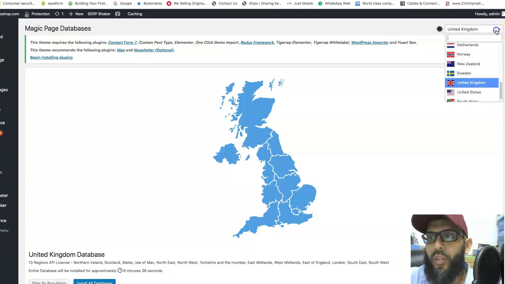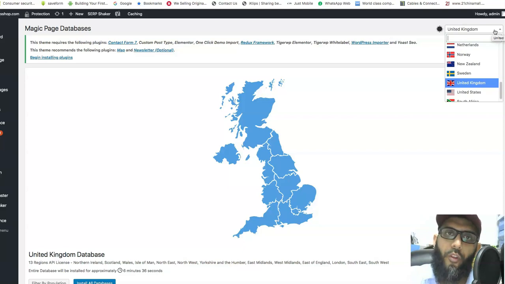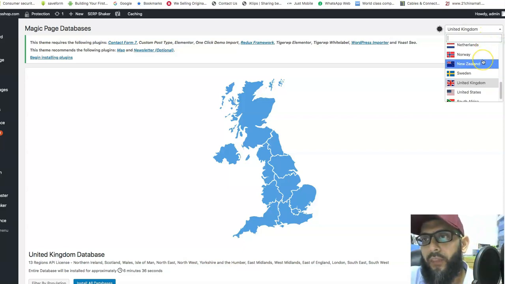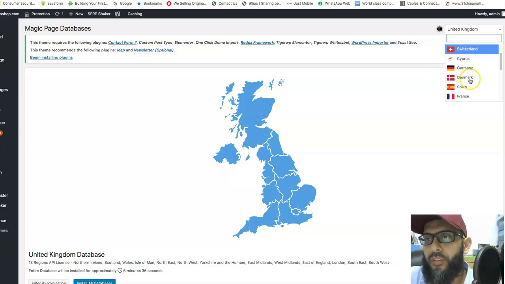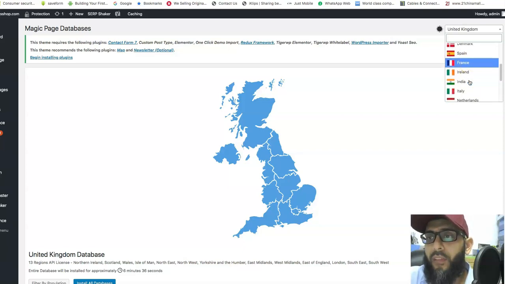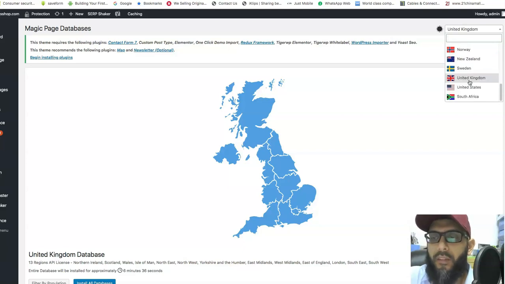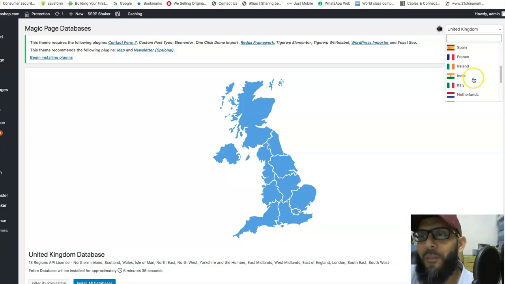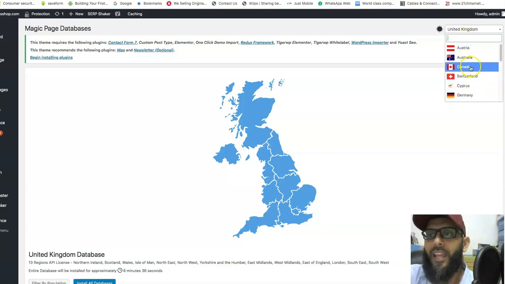These are the countries you can target, whether you use it for your business or you want to target anything. You can see the countries covered: Austria, Australia, Canada, Switzerland, Cyprus, Germany. Almost all the tier one, or even high-end countries are covered here, like even US, India, Italy, Netherlands, Norway, New Zealand. Imagine, almost all the countries are covered. I'm in the Middle East, so it's not covered, but the major part of the countries are covered here. They keep adding each and every country.